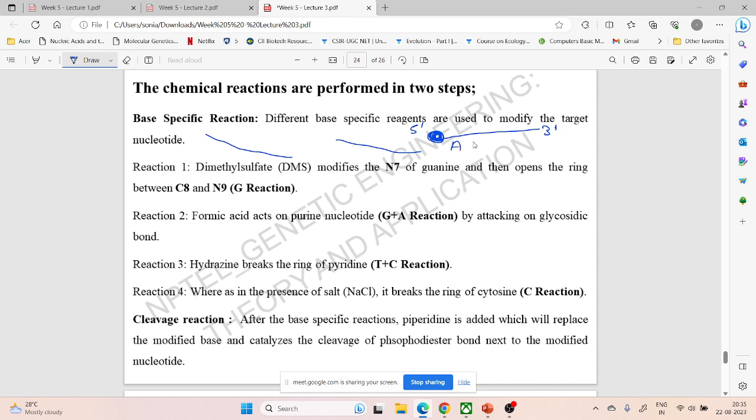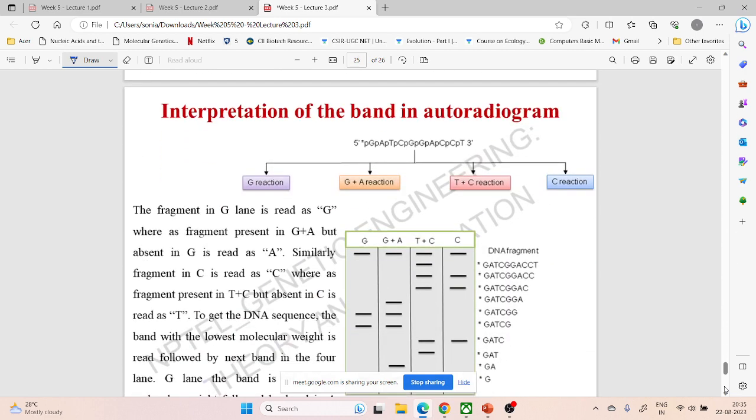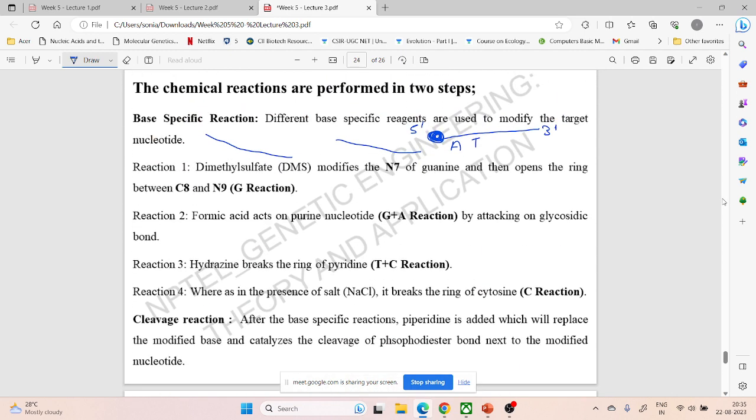I think there should be some diagram also here. Okay, that will come later. So basically there are 4 different kinds of chemicals which will modify the base and cleave there. Suppose I am giving dimethyl sulfate, it will modify G and there would be a cleavage at G. When I am giving formic acid, it is G plus A, that means it is modifying